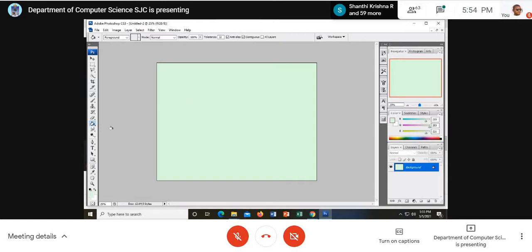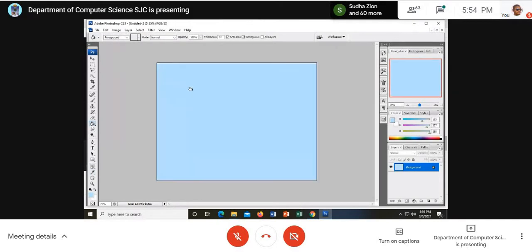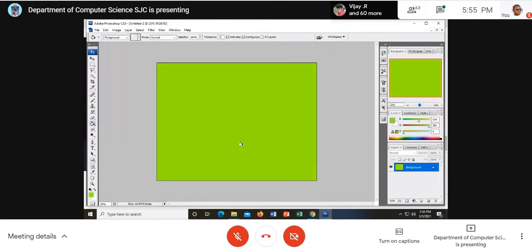Oh, okay. See, you have to choose a color, madam. First of all, you choose this color and go to this paint bucket and click here. You will get any color that you want. For example, I choose blue color. Click OK and click here. See, blue color comes. Previously it was white color, madam. So now I choose any color, and accordingly it comes. For example, I have chosen this green color, peacock green. So white goes off. Am I clear, madam?